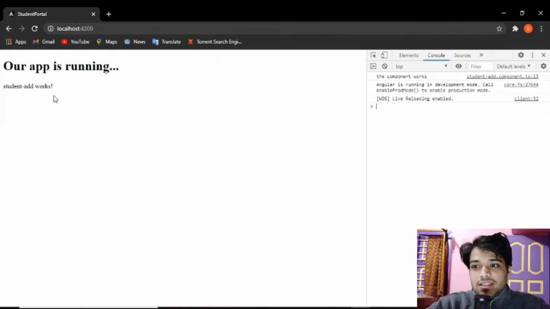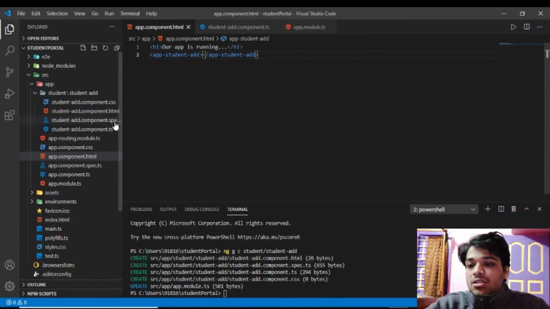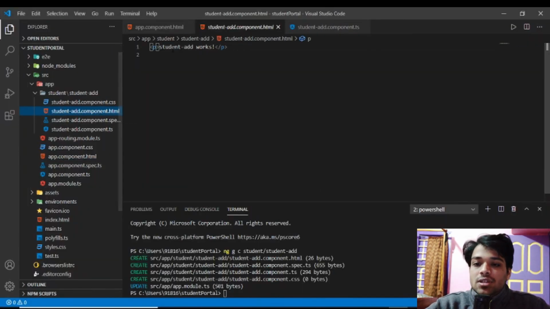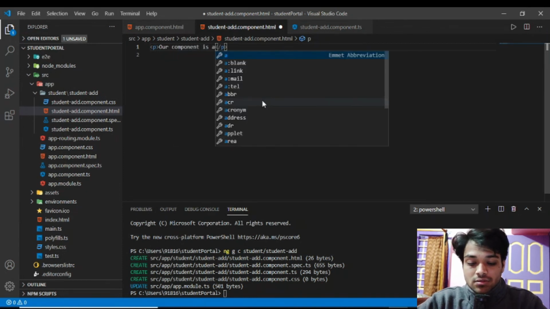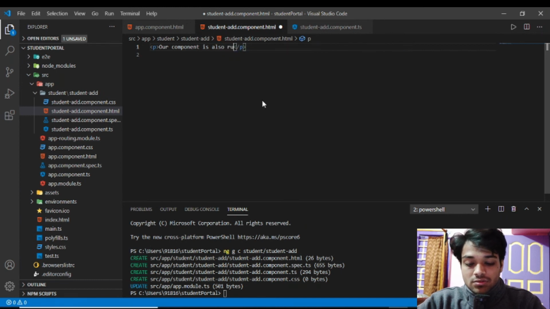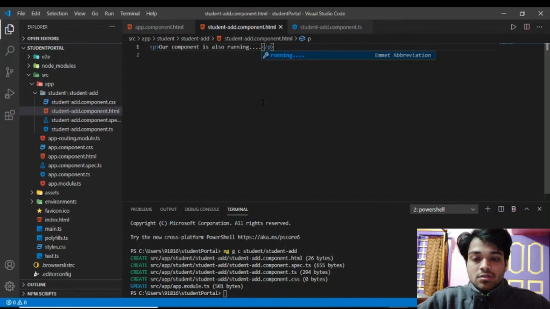Now you can understand where it gets the student add works from. It gets student add works from this HTML page only. See, if I change it, our component is also running, it will change the code within a second.